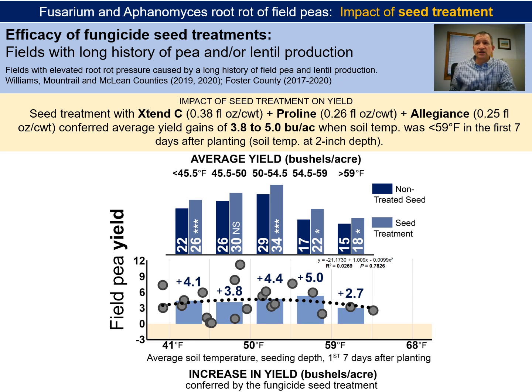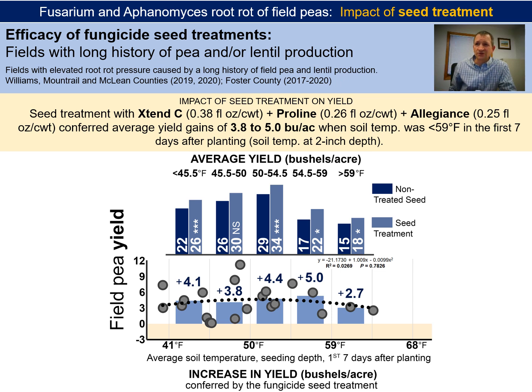But now let's look at those average yields in that bar graph. And what do you see? The same thing we saw before, a sharp drop-off in yield potential as you get above 55 degrees Fahrenheit soil temperatures. Okay, and basically, having a seed treatment with efficacy against Fusarium certainly helps you as you get into those warm soils. But you can see that it's not enough to offset the loss in yield potential associated with planting